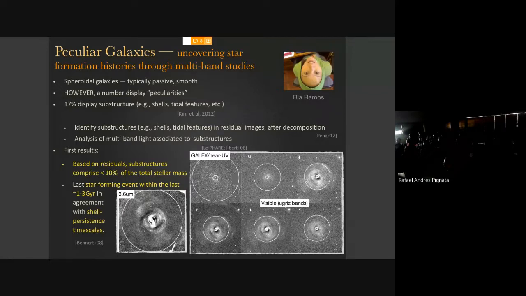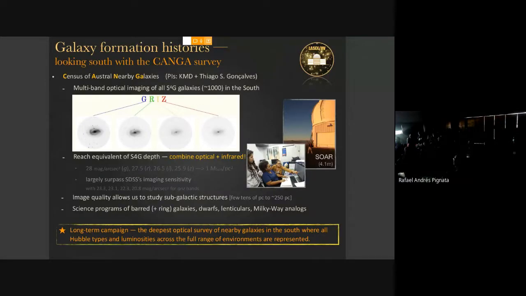And what you find is that the star formation history pointed to a star formation event a few gigayears back, so 1 to 3 gigayears, which is consistent with the idea that these shells are not actively forming stars, but are just remains. There's a persistence model of these shells, so they are just slowly dying away, but there's no active star formation associated with them. But it's a really nice project that we should be wrapping up at some point.